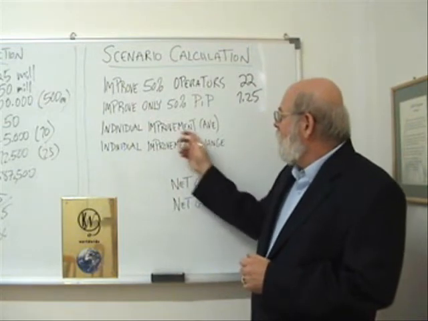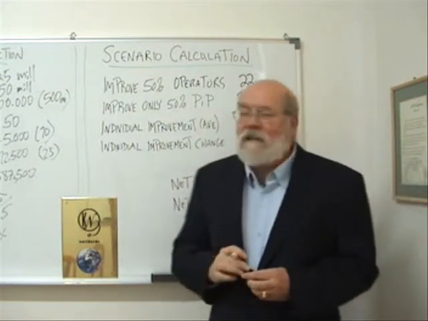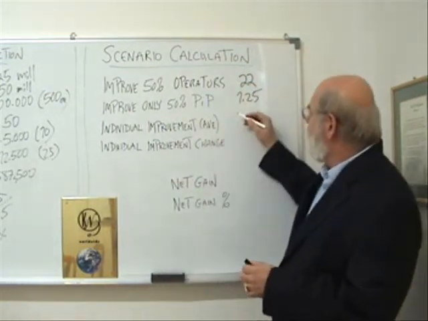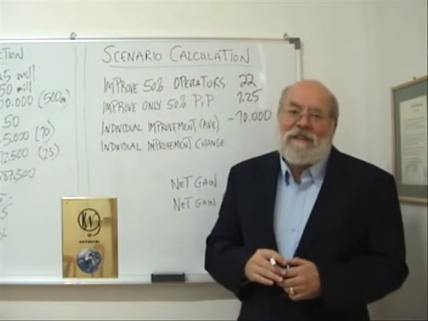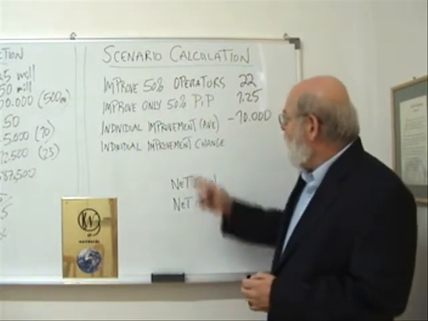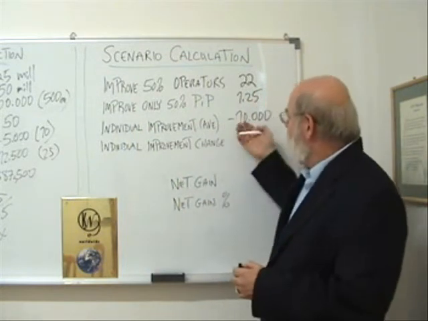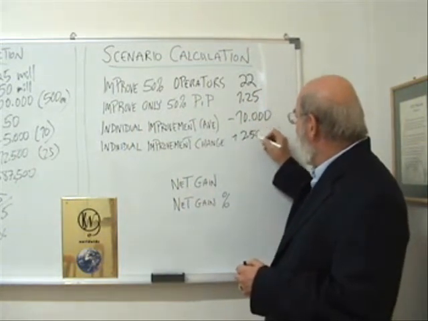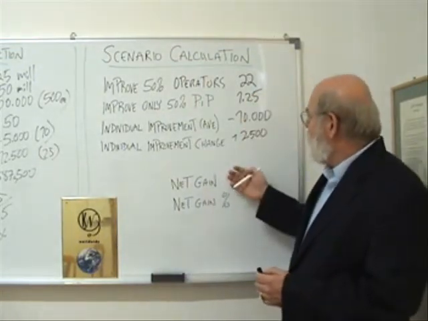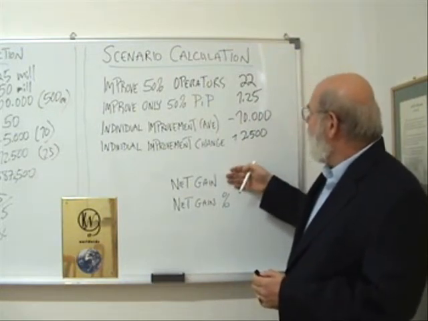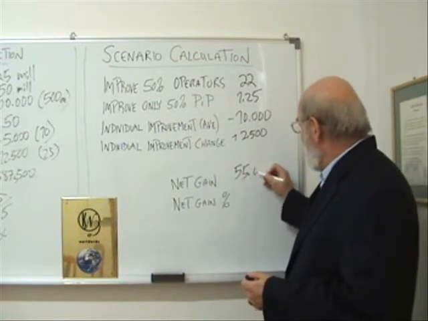Now, in this case, if we're looking at individual improvements, then at a 1.25, they had a scrap of 12,500. In fact, what this turns out to be is the scrap then drops to about 10,000 per person. And that means an individual change from minus 12,500 to minus 10, you gain a 2,500 increase for each of these people. And of course, what we want to do, as always, we calculate our net gain, 22 people times 2,500. That comes out to a gain of 55,000